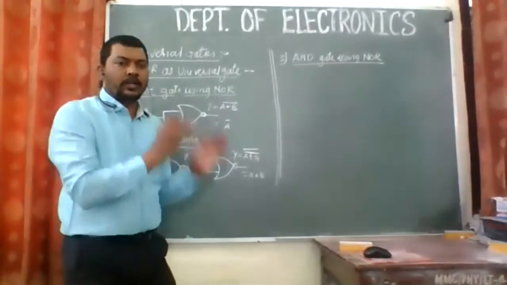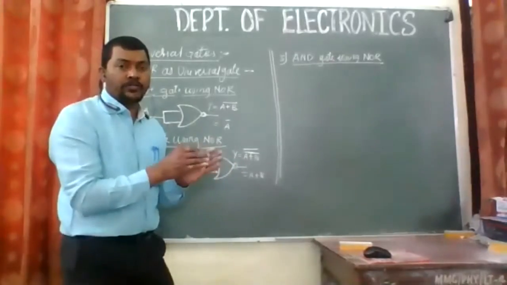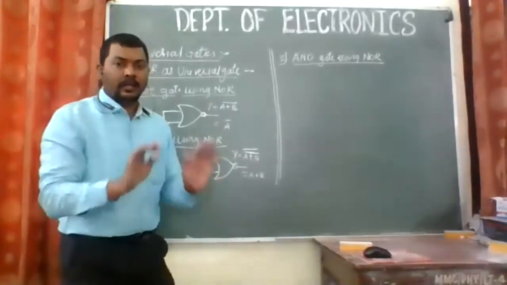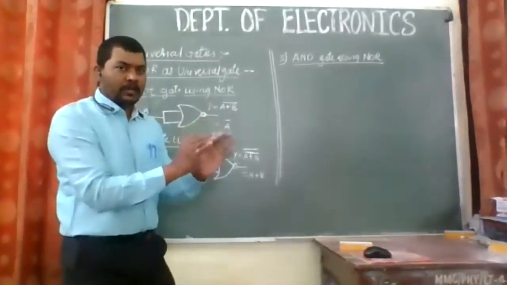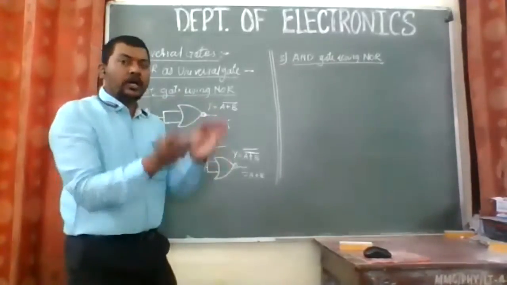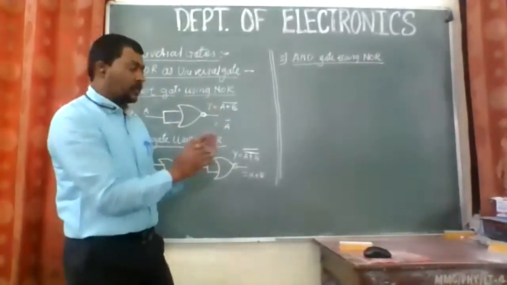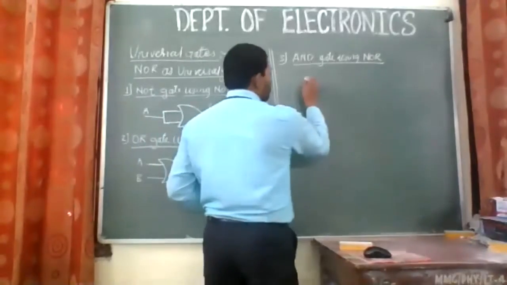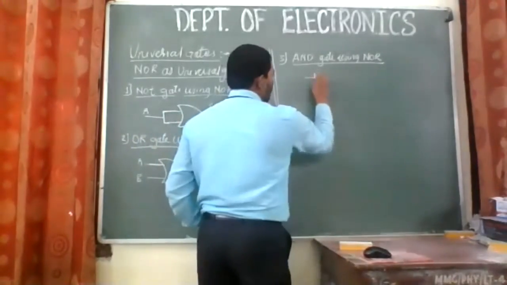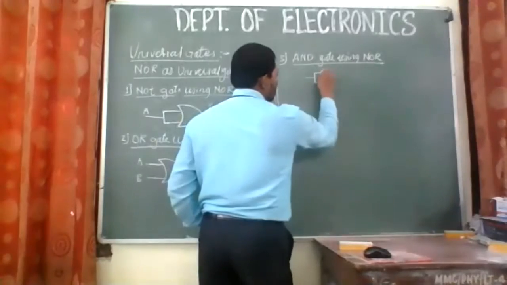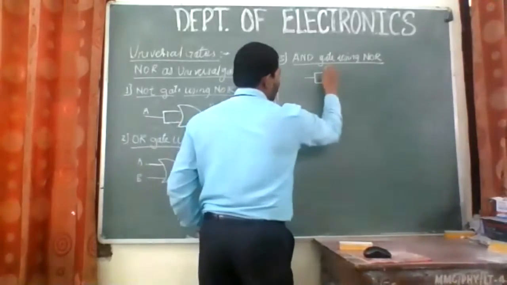Yesterday I told you, if you put a NOT gate in front of a gate, it is a different issue, and if you put a NOT gate after the gate, then it is a different issue, right? So I'm trying to do that now. I'm putting a NOT gate in front first. We'll be using three gates. First, I will have two NOT gates like this. I guess it is visible to you.